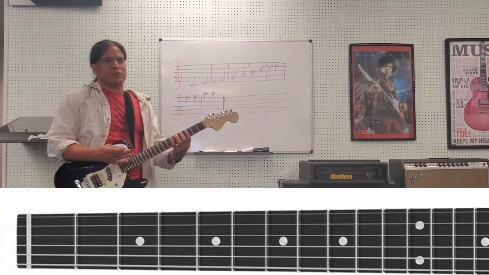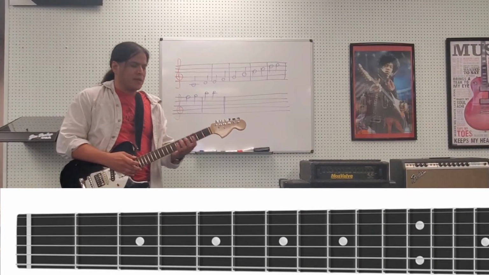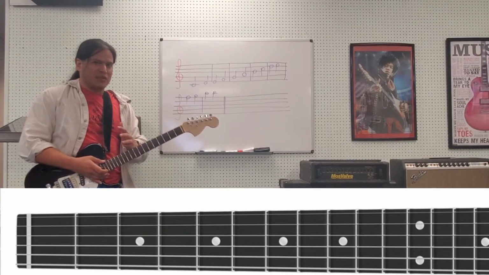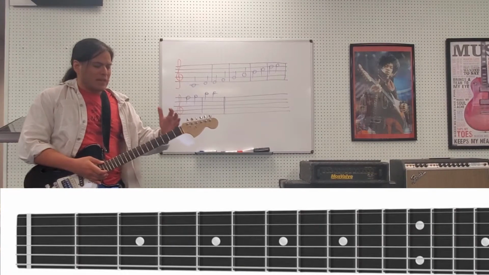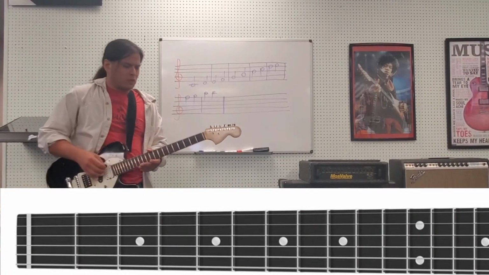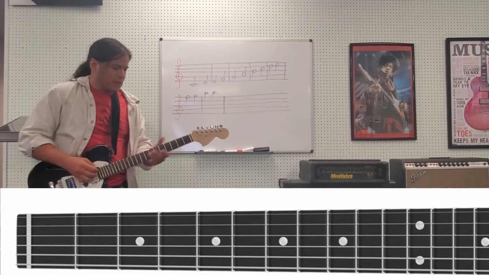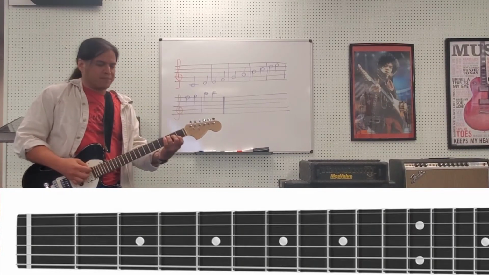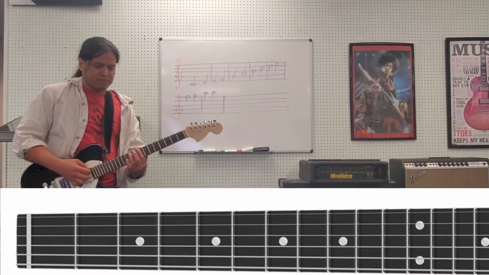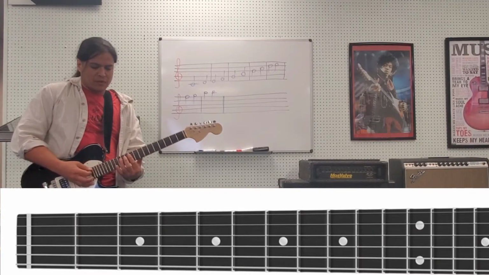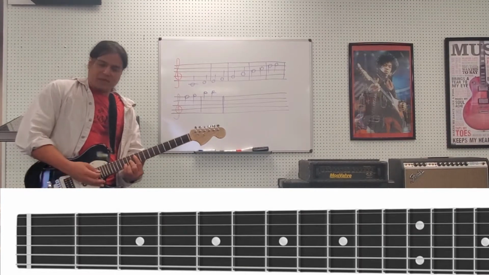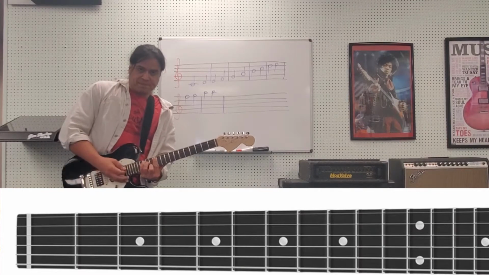Now if you use something like the CAGE system, it wouldn't allow you to do that. It's a little bit less granular. You end up skipping around some more because the CAGE system, and I should probably do an in-depth video about it, but you can look it up, is based on the chords C, A, G, E, D. And then I'm back to C.